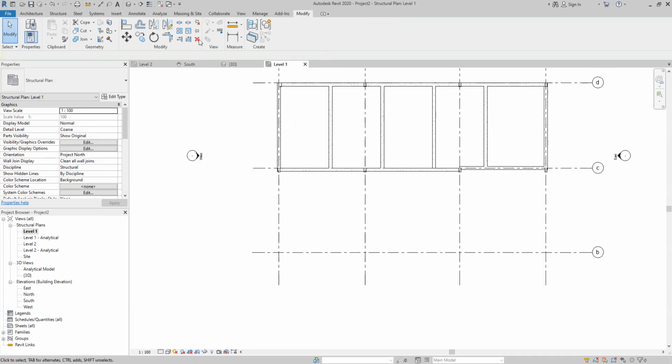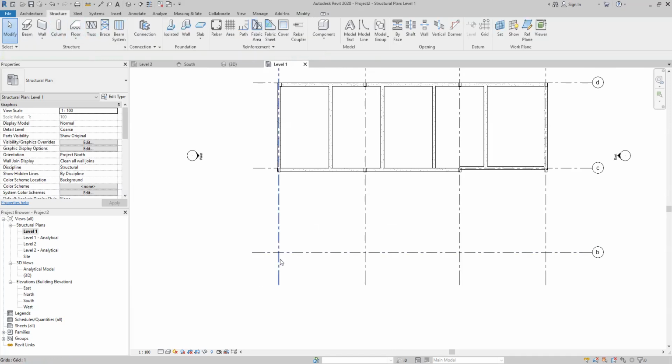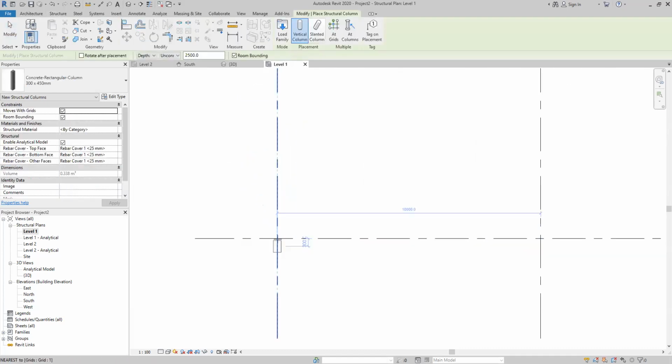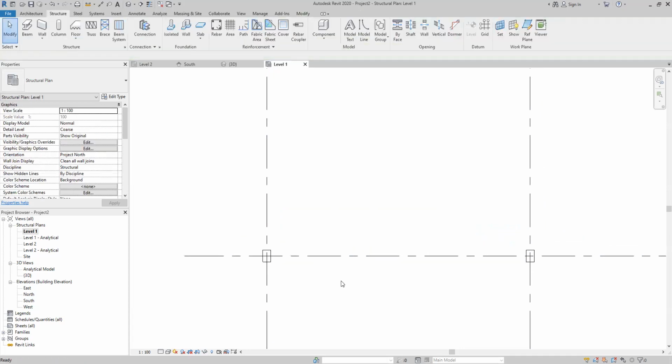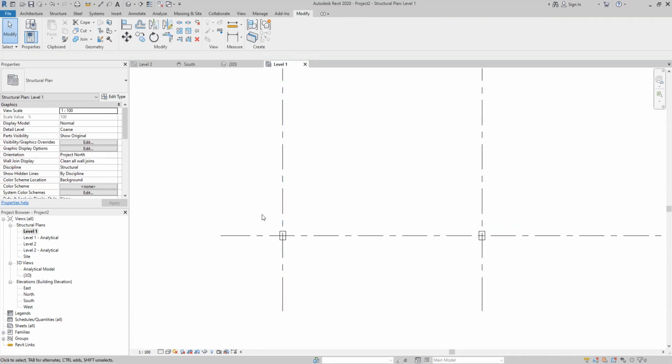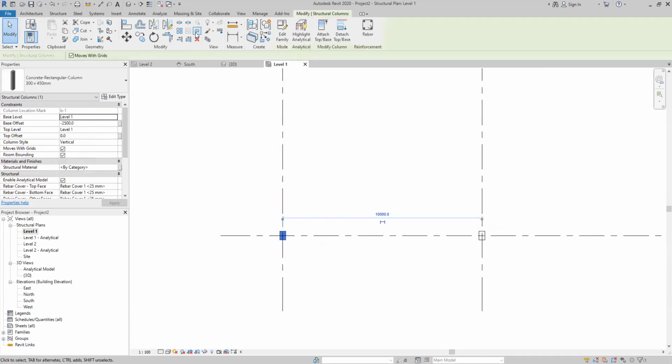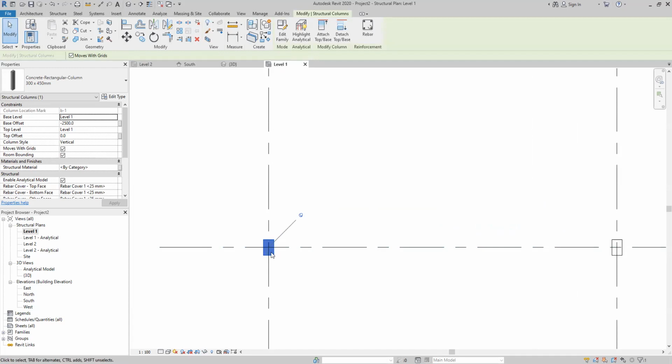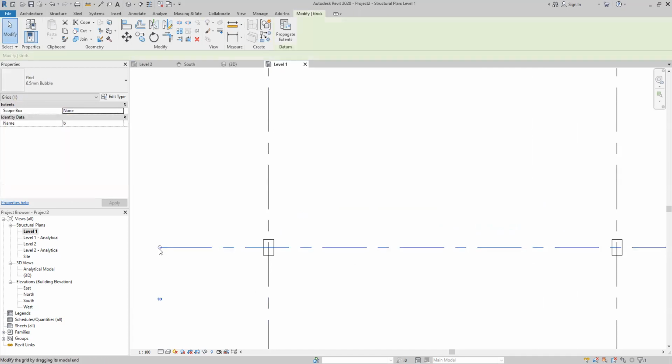Now we are going to understand pin and unpin, right? To understand this one, I drew the columns first. I drew 2 columns. I select this column and click pin. Now you can see one mark here, one symbol. This means this column is pinned to these grid lines. So this column is pinned, right? Now if you move these grid lines,